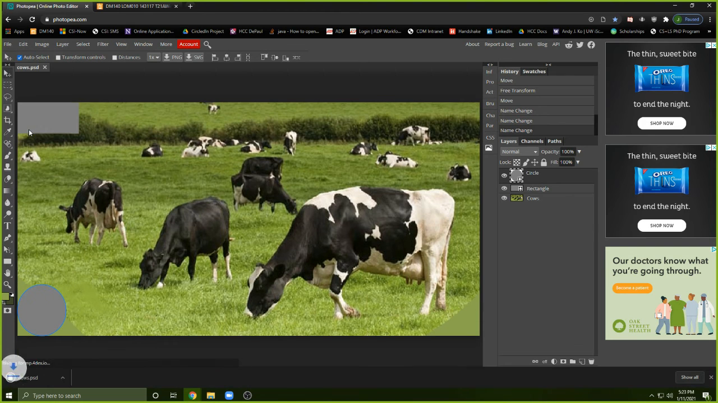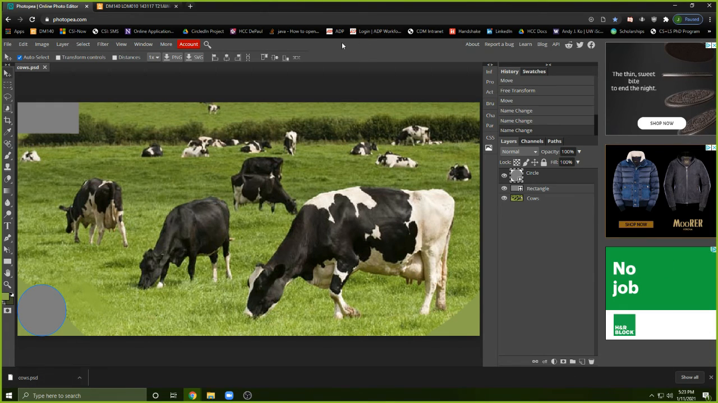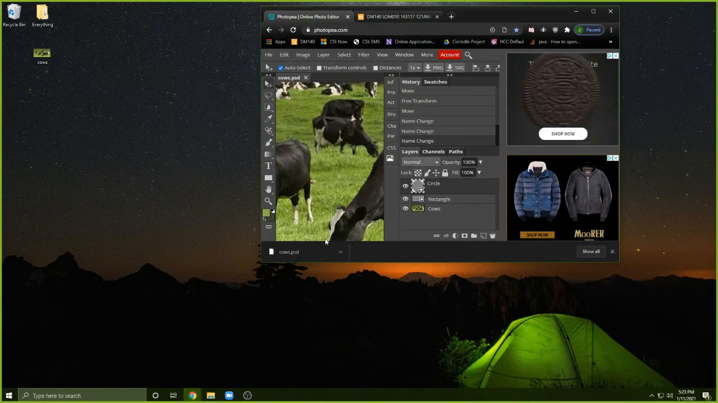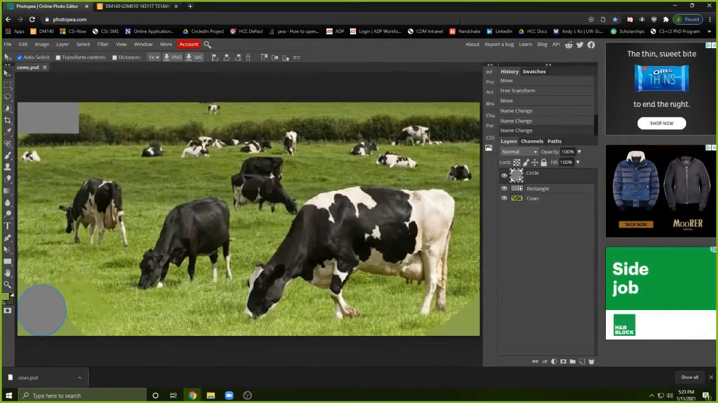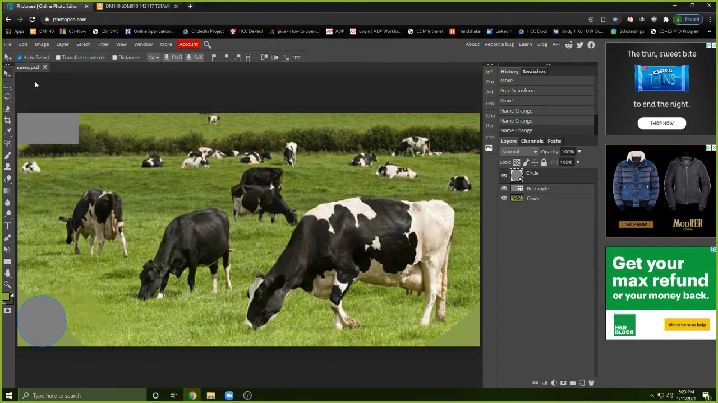So I'm going to hit save as a PSD, and you'll notice that in my downloads down here, I get something that says cows.psd. I'm going to go ahead and drag my cows.psd over here, and you'll notice that my cows image is already out here, but it's different from my cows.psd. I'm just going to delete my cows.psd because what I'm going to do now is go to